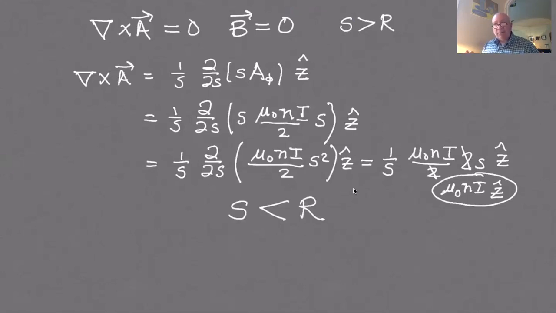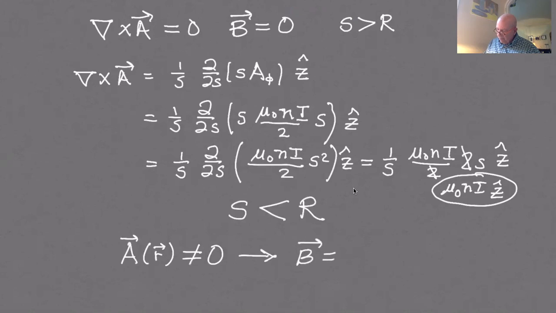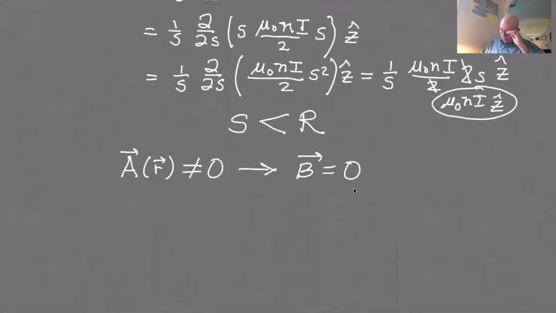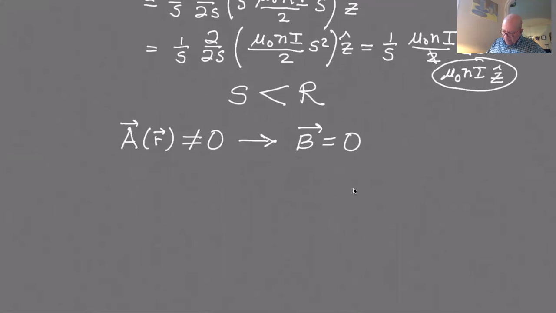A couple of things really emerge here if you think about it carefully. You can have a vector potential that's not equal to 0 that will give you a magnetic field which is equal to 0. So outside that solenoid, there is no magnetic field, but yet there is a magnetic vector potential. So I want you guys to go and read,